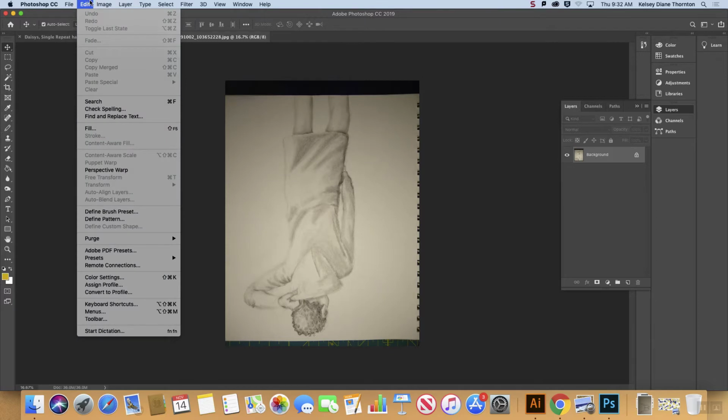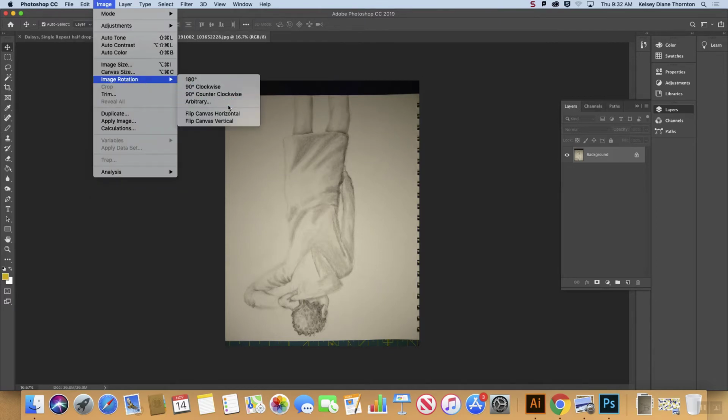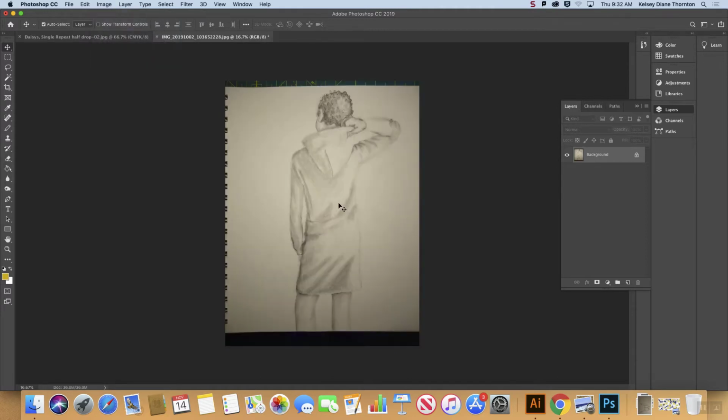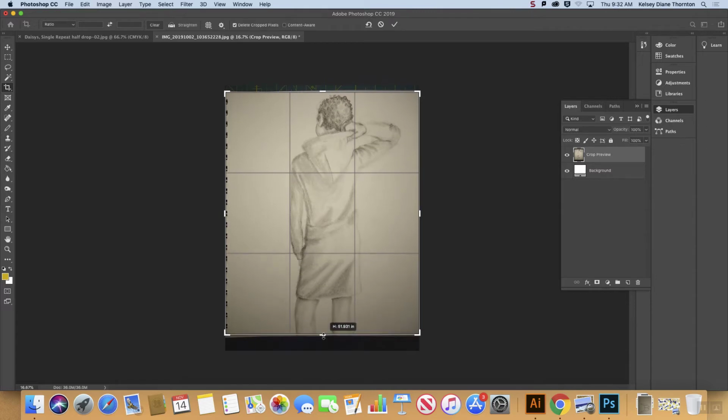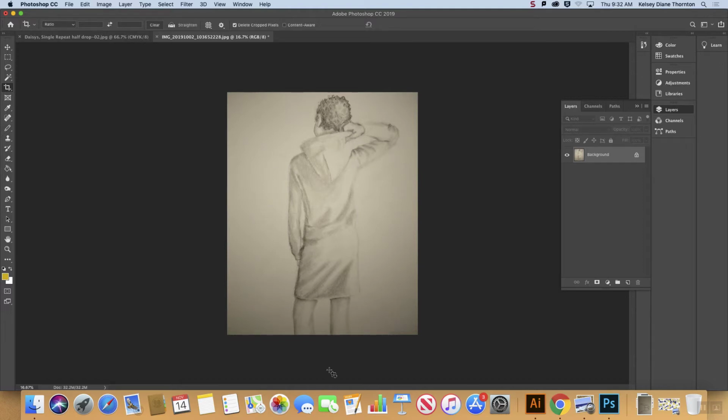Okay, so image rotation is a nice way to flip the whole artboard 180 degrees. And I'm going to grab my crop tool and crop the artboard down to size like this. And I am going to approach this in a similar way to how I would approach texture mapping a photograph like we've done as an in-class activity, where my favorite way to do it is to break her down into different